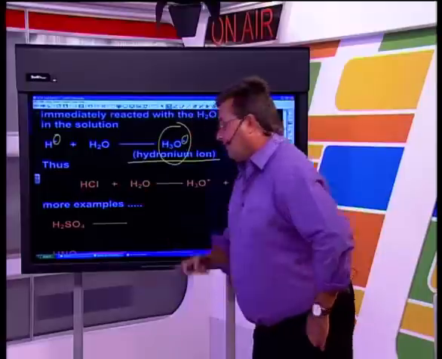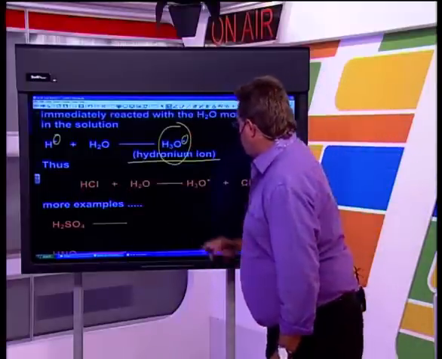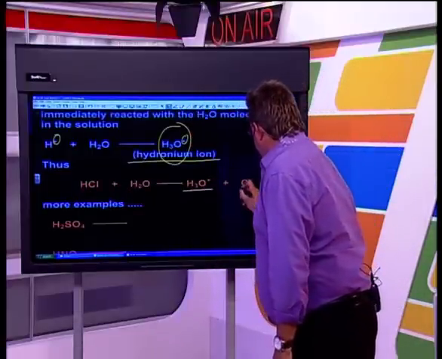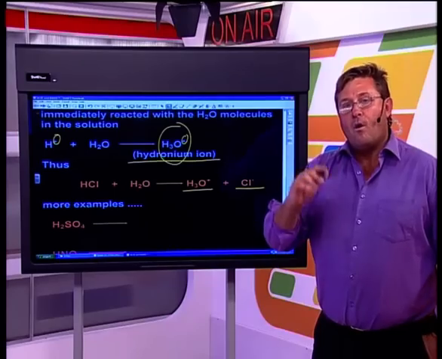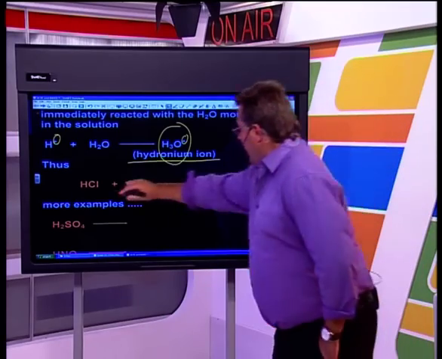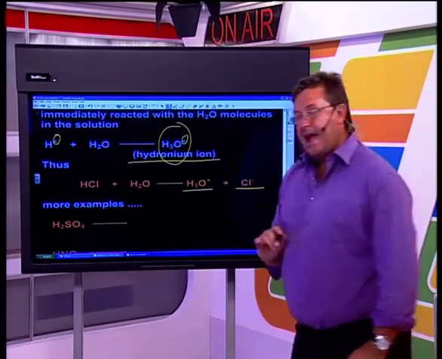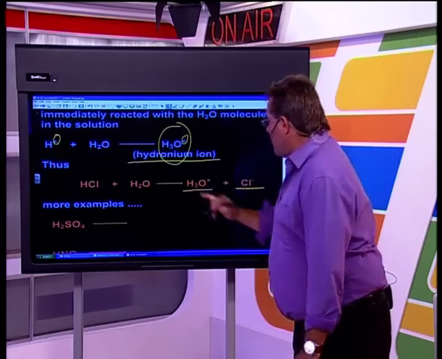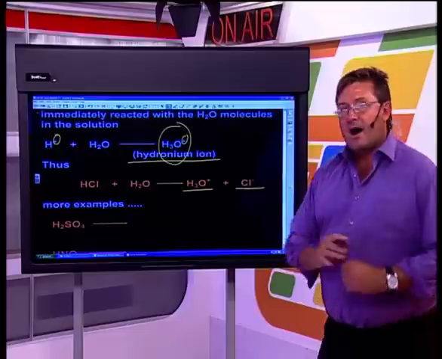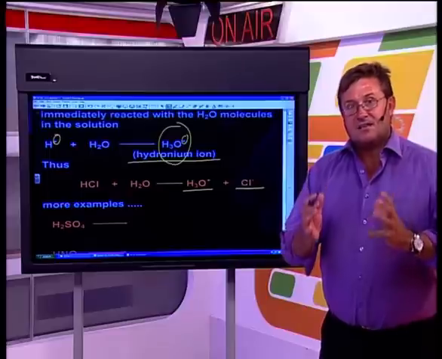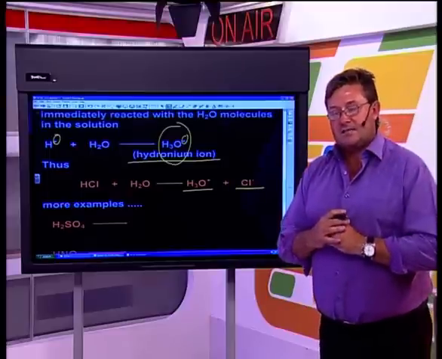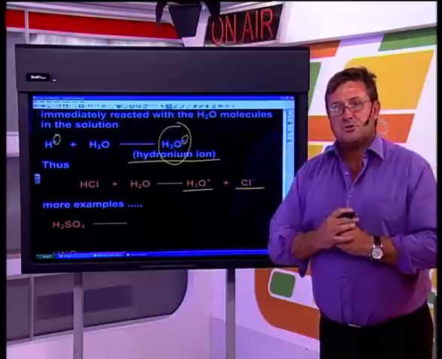So we take HCl, the hydrochloric acid, we add it to water, and we produce the hydronium ion and obviously the residue, the leftover chloride ion in solution. And this is known as the Arrhenius equation for acid ionization. Acid ionization, the ionization of the HCl molecule to form an H3O+ hydronium ion and a chloride ion in solution. And that is how hydrochloric acid exists when you buy the bottle of hydrochloric acid and it's put into your school laboratory.